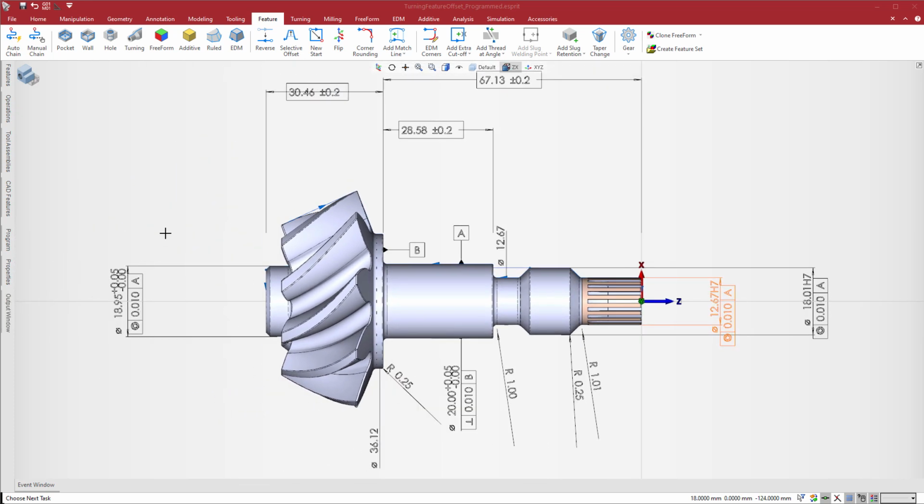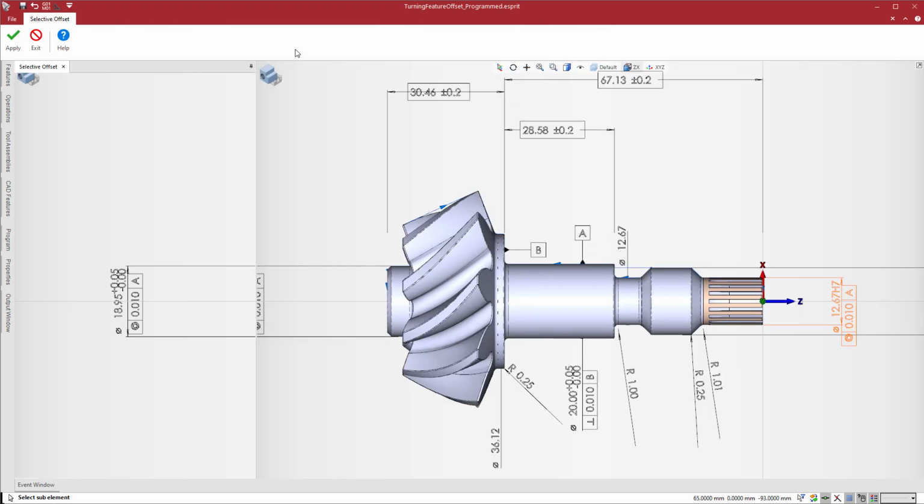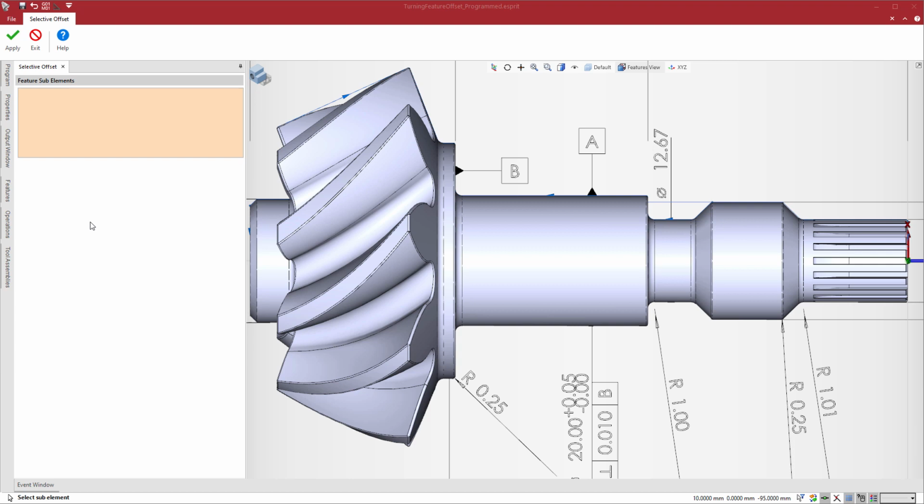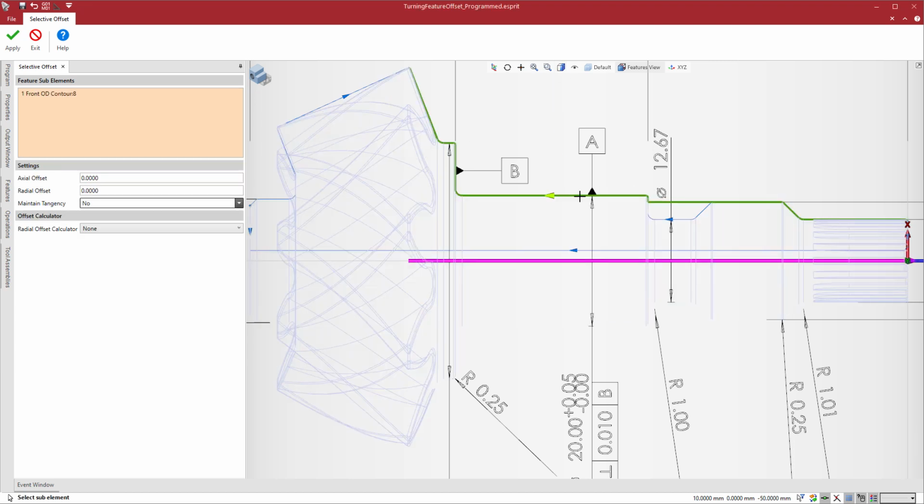To program the center tolerances, select the Selective Offset command from the Feature tab. To offset an element of the turning feature, select the feature element and set the radial offset. Since the PMI specifies a unilateral tolerance of -0 plus 0.05 here, we set the radial offset to 0.025 and